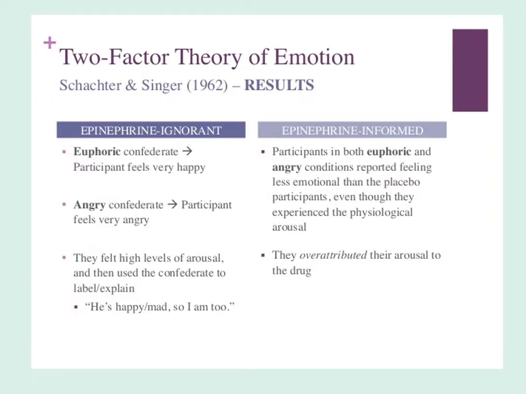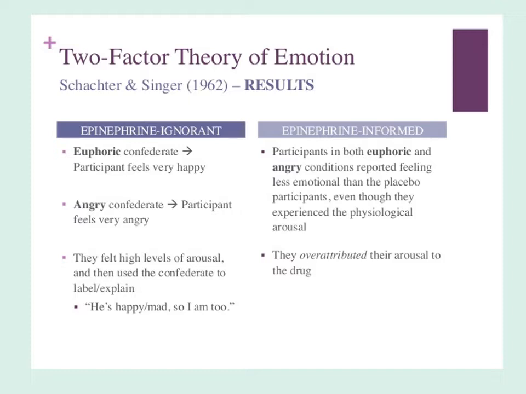What Schachter and Singer found in 1962 is that when you ask people in these two groups to sit down in a waiting room while they're waiting for the experiment, the experimenter put in a confederate, another student who was apparently waiting for the experiment, and this student behaved in either a very happy, euphoric, positive, jocular way, or behaved in an angry, unpleasant, negative way. Schachter and Singer were wondering, will the behavior of the confederate influence the kind of emotional response reported by the genuine participant?